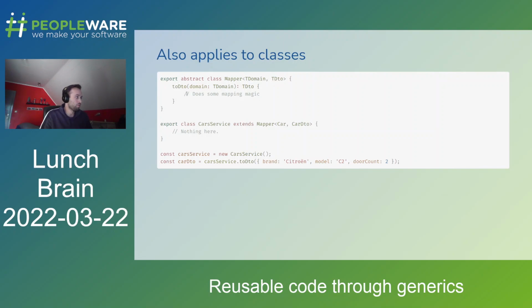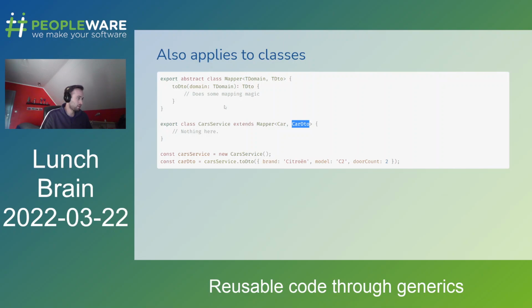So with, again, highly reusable mapping logic. So the cars service, for example, can extend this class, the mapper class, being for the T domain. So for the domain type, we pass it a car, and for the DTO type, we pass it the car DTO type,